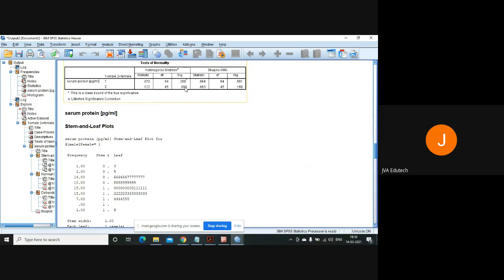So if you want to check normality irrespective of the distribution of your cases, you can check directly. But if you want to check normality when your data is divided into different groups, and you want to check whether in each group the data is normally distributed or not, then, let's say the data is normally distributed in male and not normally distributed in female, this becomes a case where you cannot apply the parametric test. So in both the cases, it has to be normally distributed.